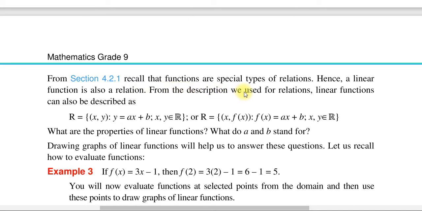From the description we used for a relation linear function can also be described as r is equal to the set of x,y such that y is equal to ax plus b such that x and y is an element of a real number or r is equal to the set of x comma f of x such that f of x equal to ax plus b such that x and y is an element of a real number. አሁን ሴት ቢውልደር ሜተድንም ተጠቅመን ኤክስፕረስ ማድረግ እንችላለን ፋንክሽን ልክ ከዚህ ቀደም ሪሌሽን ሴት ቢውልደር ሜተድ ተጠቅመን